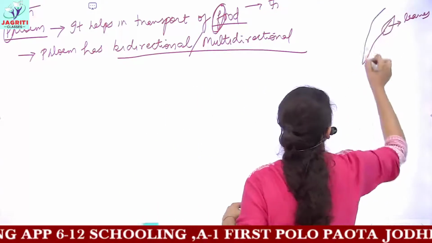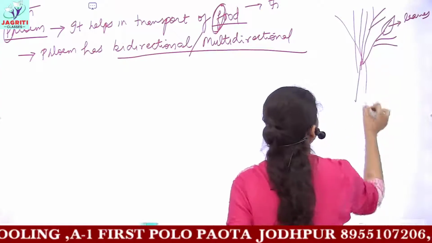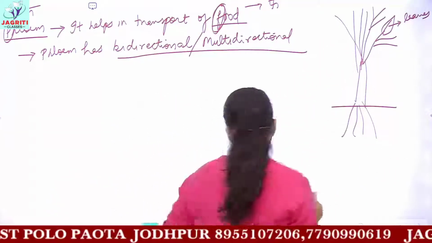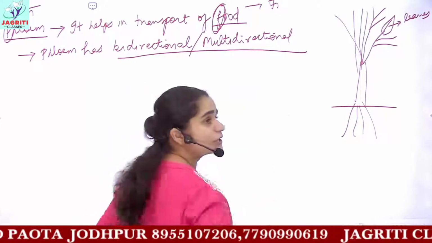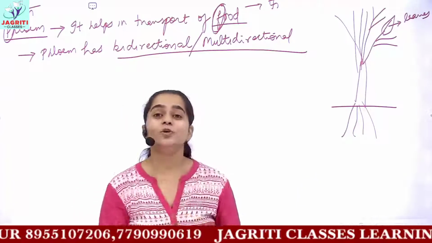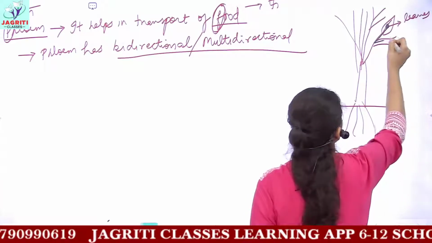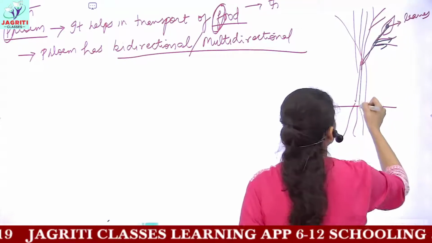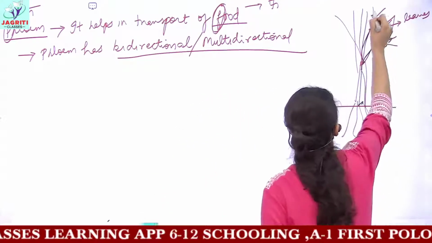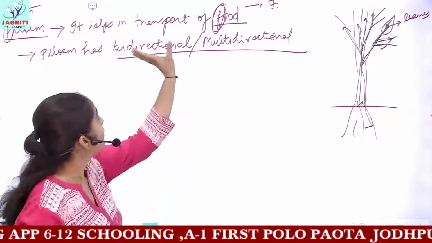So next what we have, we'll have different types of leaf and branches, okay? Then this would be your stem and these would be the roots. This food which is synthesized in the leaves needs to be transported to all different parts, because every part of the plant requires food in order to obtain energy and do the required functions. So the food which is synthesized here would be transported sideways, then it would be transported downwards to the stems and to the roots, and in turn it would also be transported to the above branches.